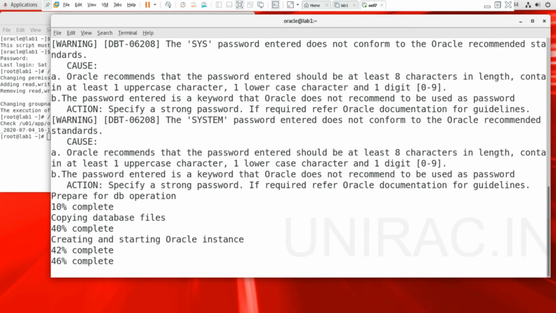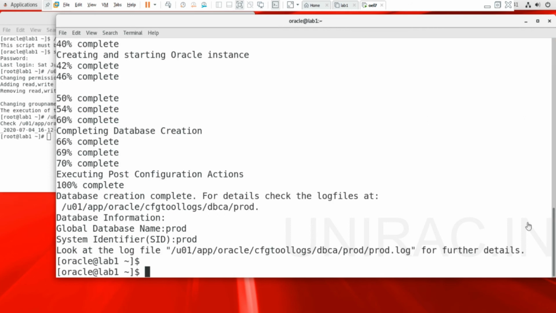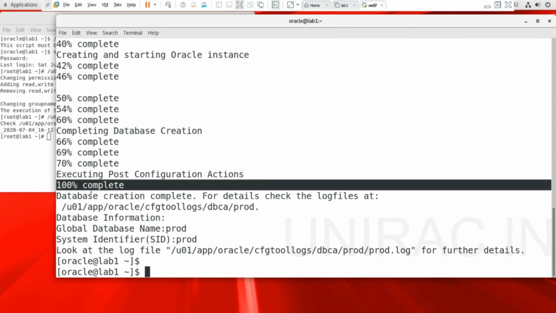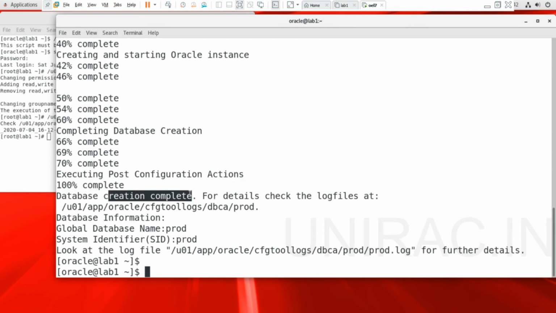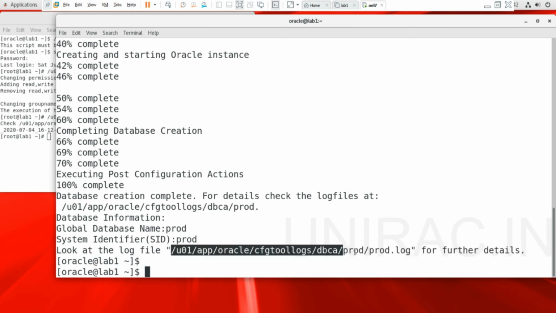Copying files is completed and it's creating the instance now. 46% completed. We can see here it's completed 100%. The database creation is completed, with the global database name as prod and the system identifier as prod. To trace any errors during creation of your database, you can check this log file as well.